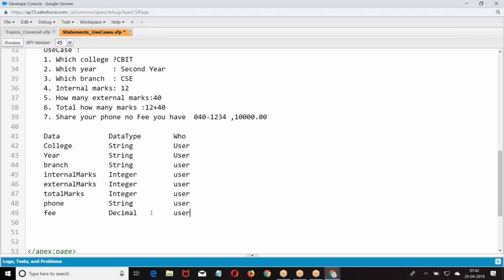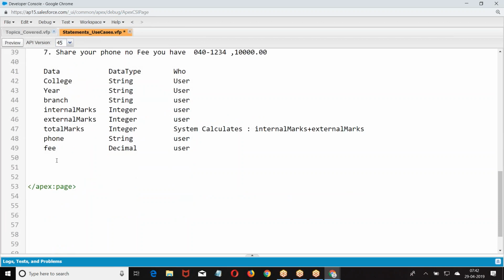This is what I have created. System collected. This is how I have analyzed it. Then take the data.